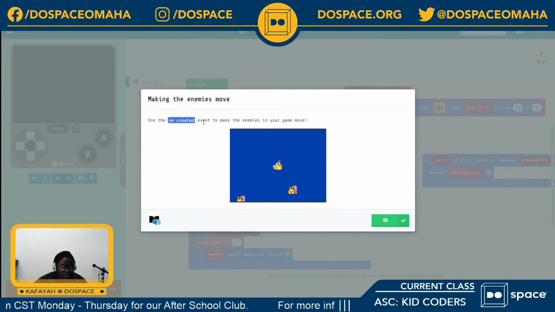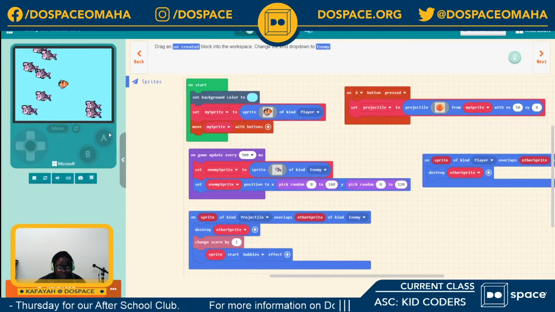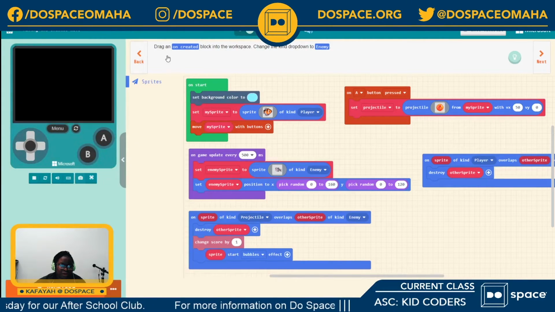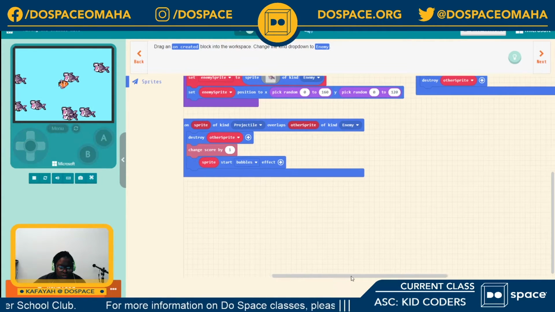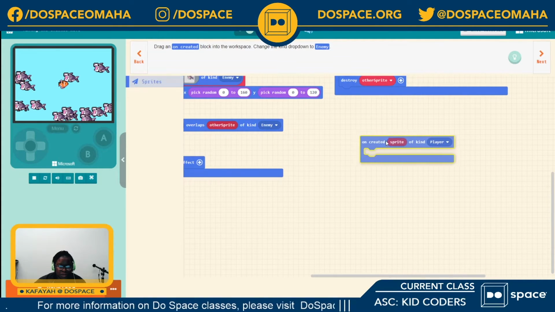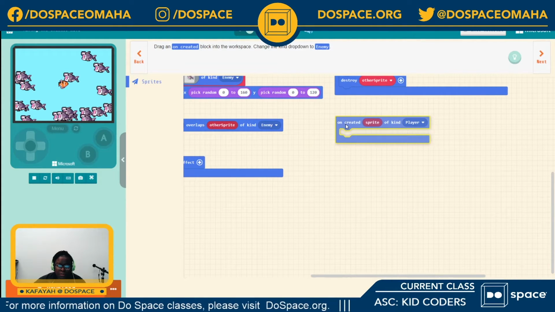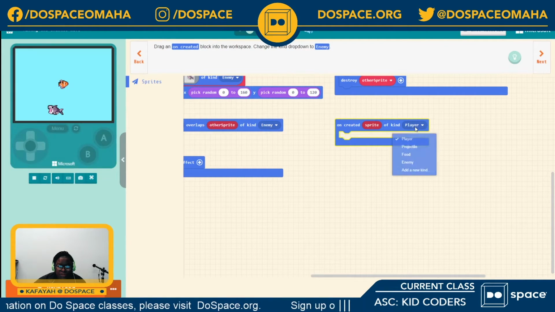Use the on created event to make the enemies in your game move. Okay, so now it's time for the sharks to start moving. And to do that, we're going to start with an on created sprite block event. And then we change this to enemy.